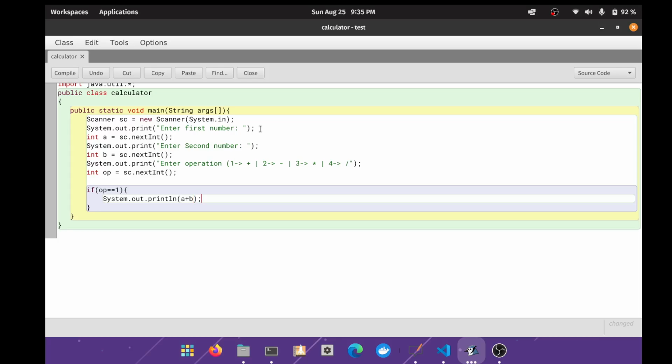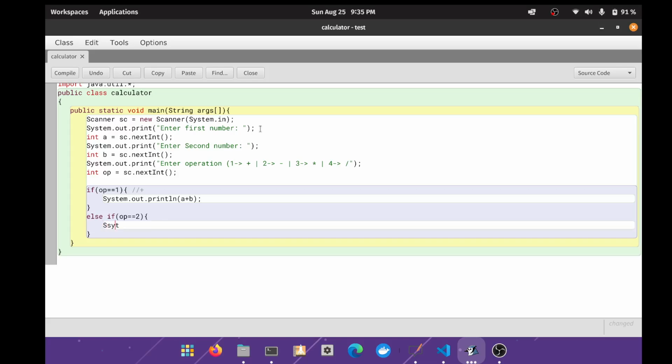Gonna print it out. So addition, basically you're doing addition. Now give some else if op equal 2, you're gonna do System.out.println